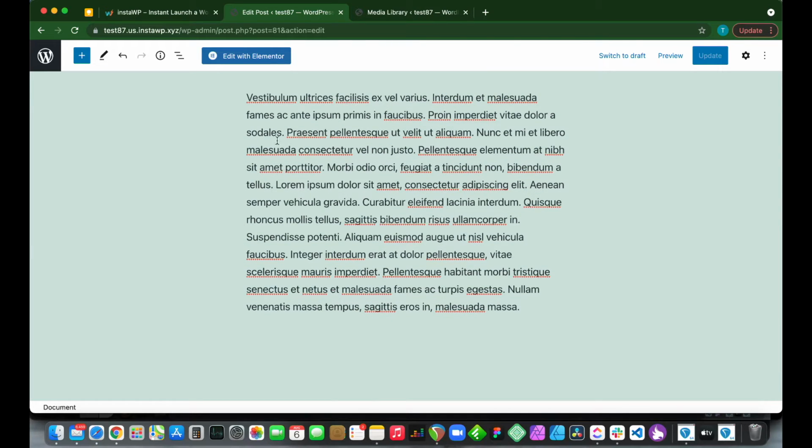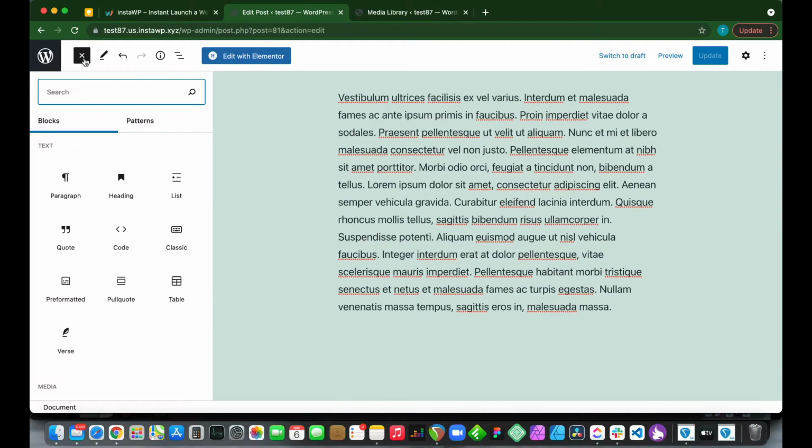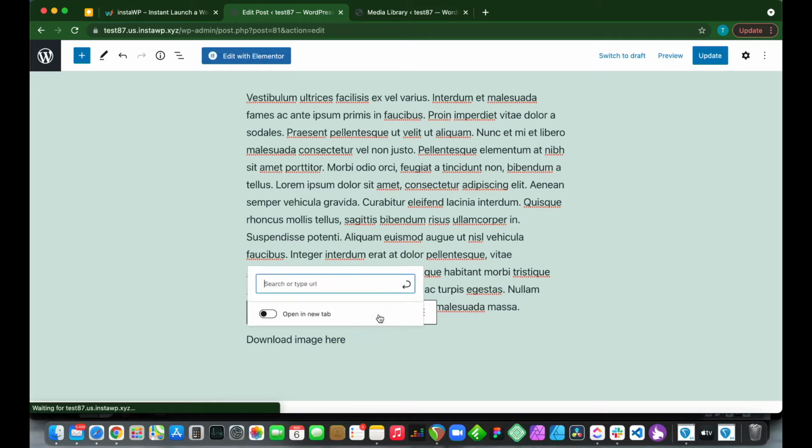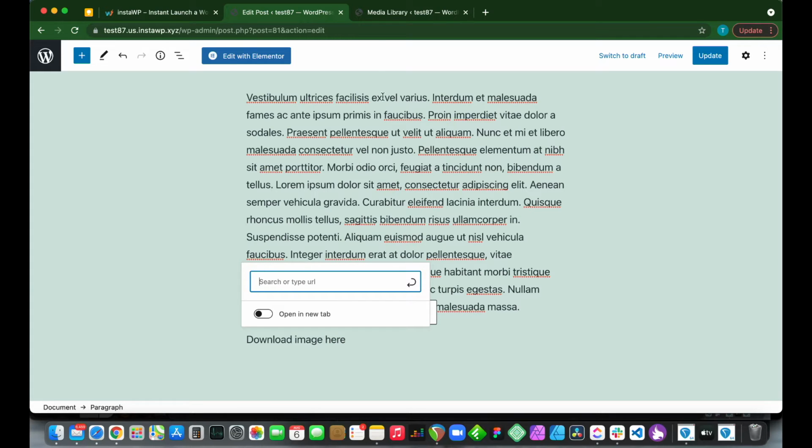So what we want to do is click this plus icon to add a new block, click paragraph, and we just want to type, for example, download image here. So we want to make this portion of our text a hyperlink. So all we need to do is click this icon, this link button right here, and paste the link to